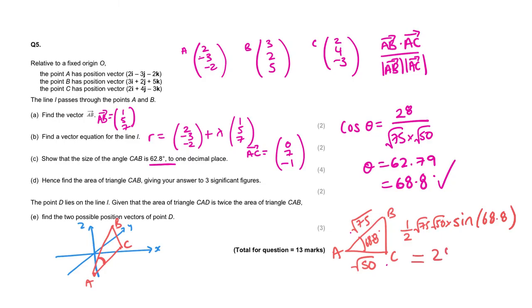So this is 28.55 units squared. Three significant figures is 28.6 units squared. That sounds more right. Perfect. Now,